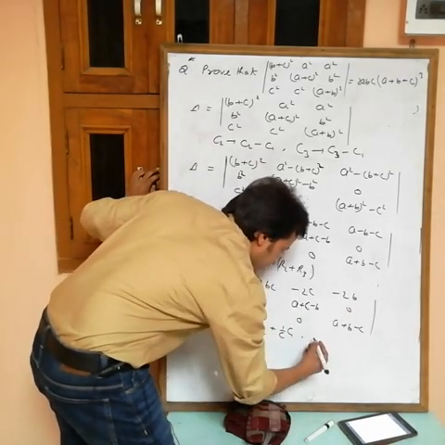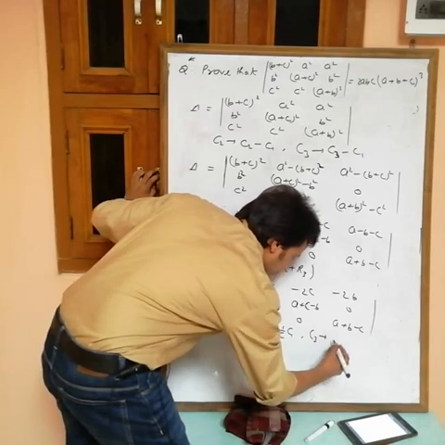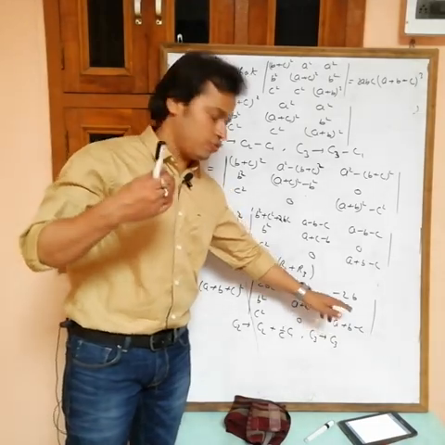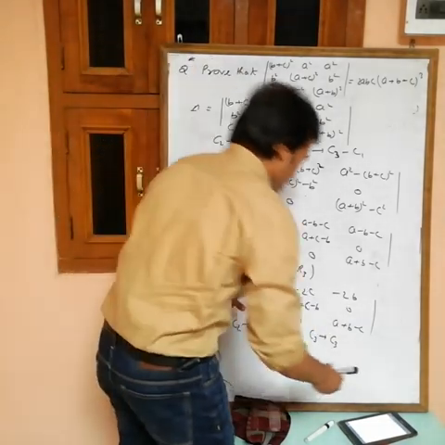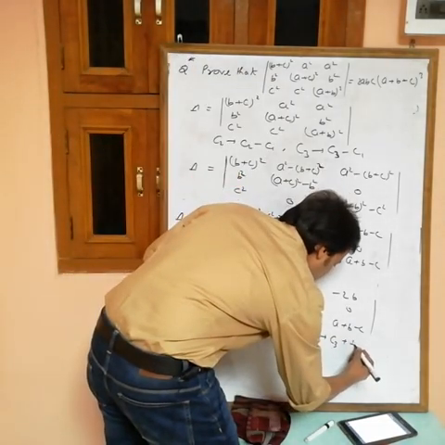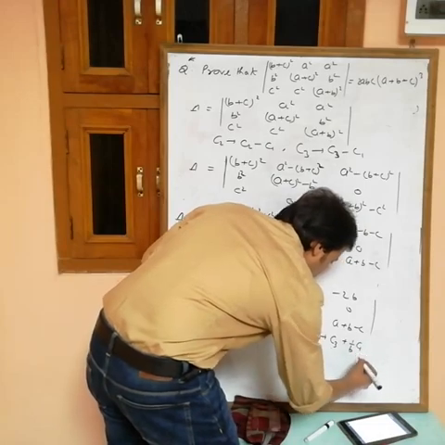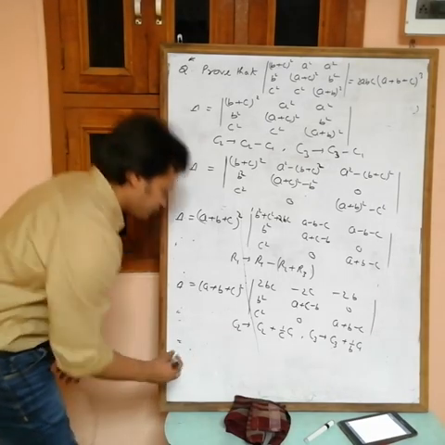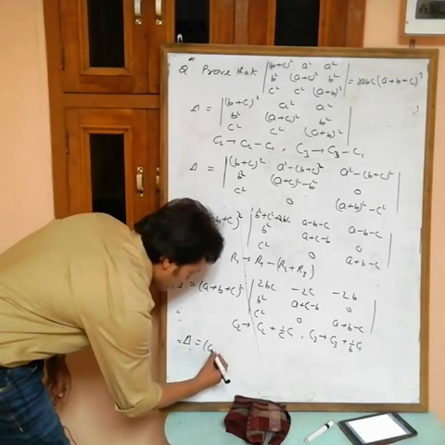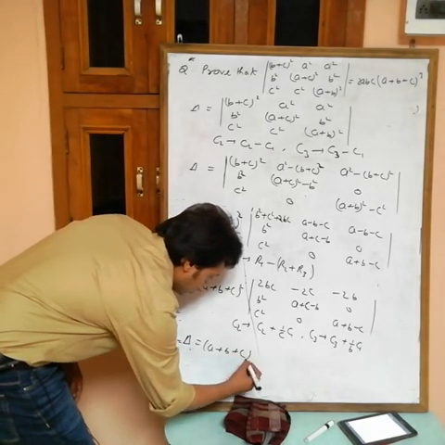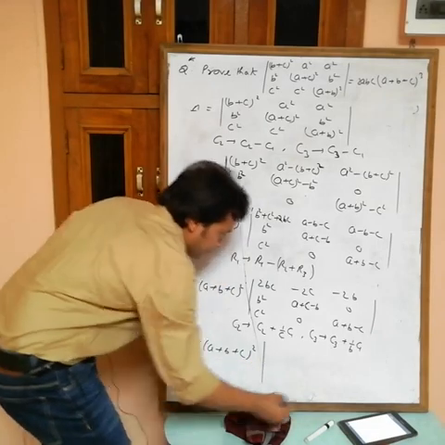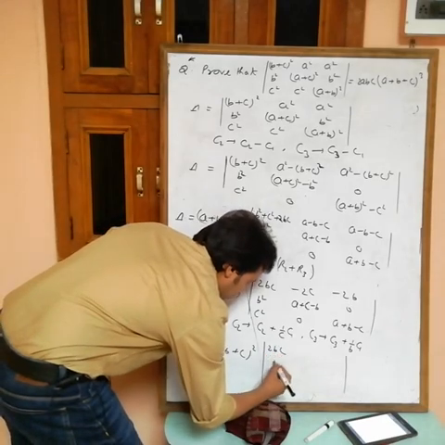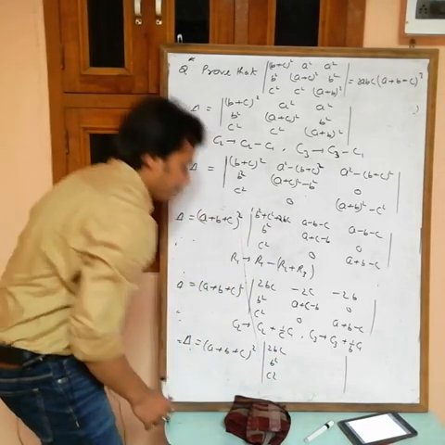Now in C3, first write C3 minus 2b, what do you want? Plus 2b. Divide this one with b and add. So plus 1 by b into C1. Okay, perform this one. Then del equals a plus b plus c whole square. C1 remains same, 2bc, b square, c square.